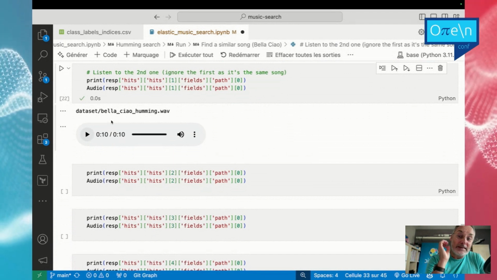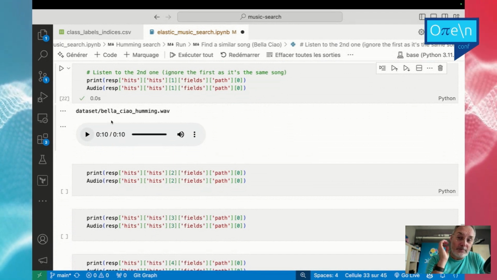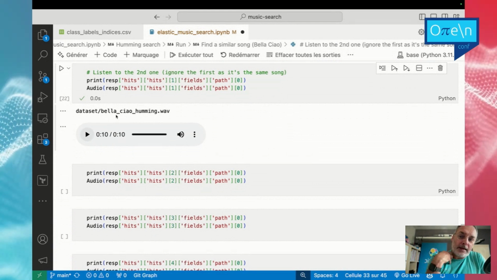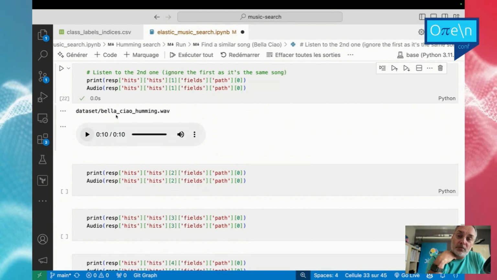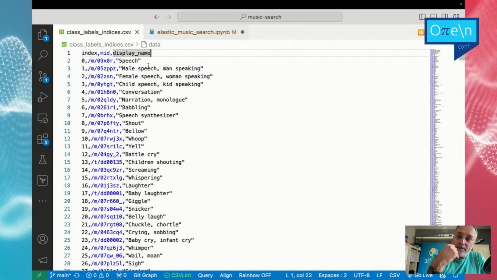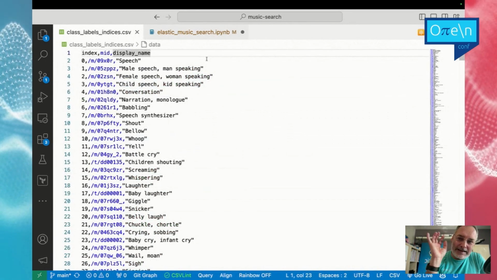You need to understand what the machine learning model you are using is doing behind the scene. If I look at the GitHub repository of the machine learning model that I'm using, I have seen what kind of classification this model is doing.